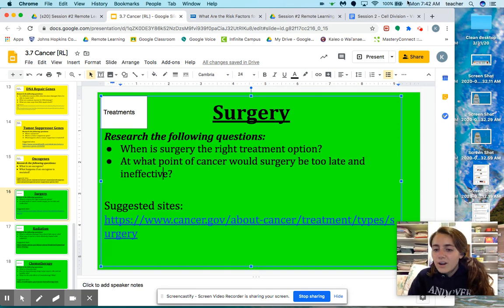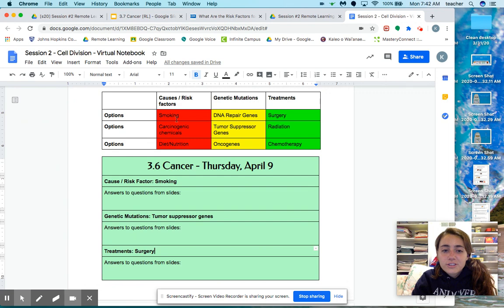Those articles are a good place to start. If you want to read more, totally do your own research. That would be great. Also, if you want to become extra knowledgeable about these topics, don't limit yourself. You can do all 6 or all 9 of these, and that would be great. And put any questions you have here. We can have conversations because there's so many interesting topics that come up when we're talking about cancer.